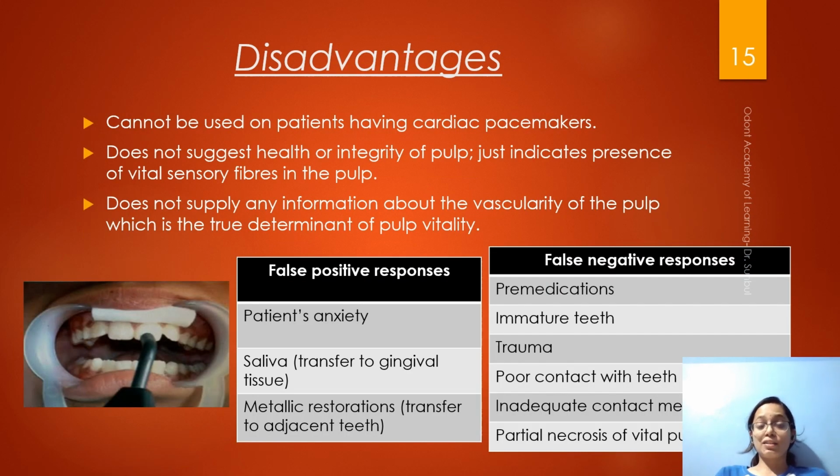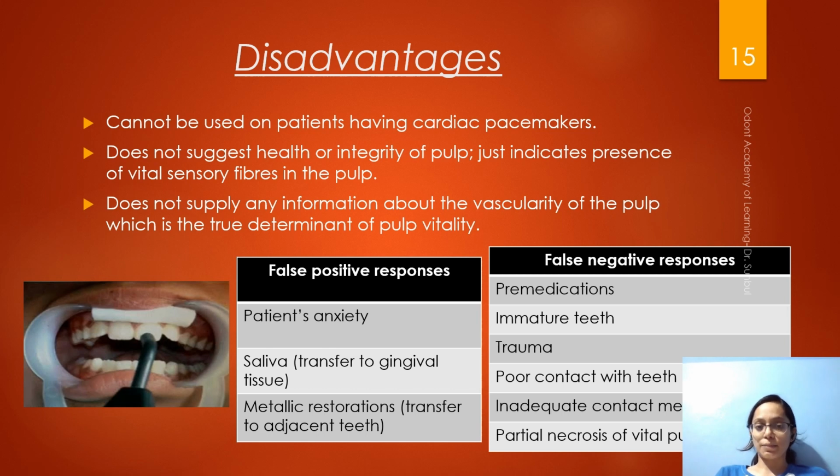Then what are the disadvantages of using this? These can't be used on cardiac pacemaker patients, and it does not tell you fully about the integrity and the health of the pulp. It just tells us if there are vital sensory fibers in the pulp. And it does not tell us about the vascularity of the pulp, which is one important factor to decide